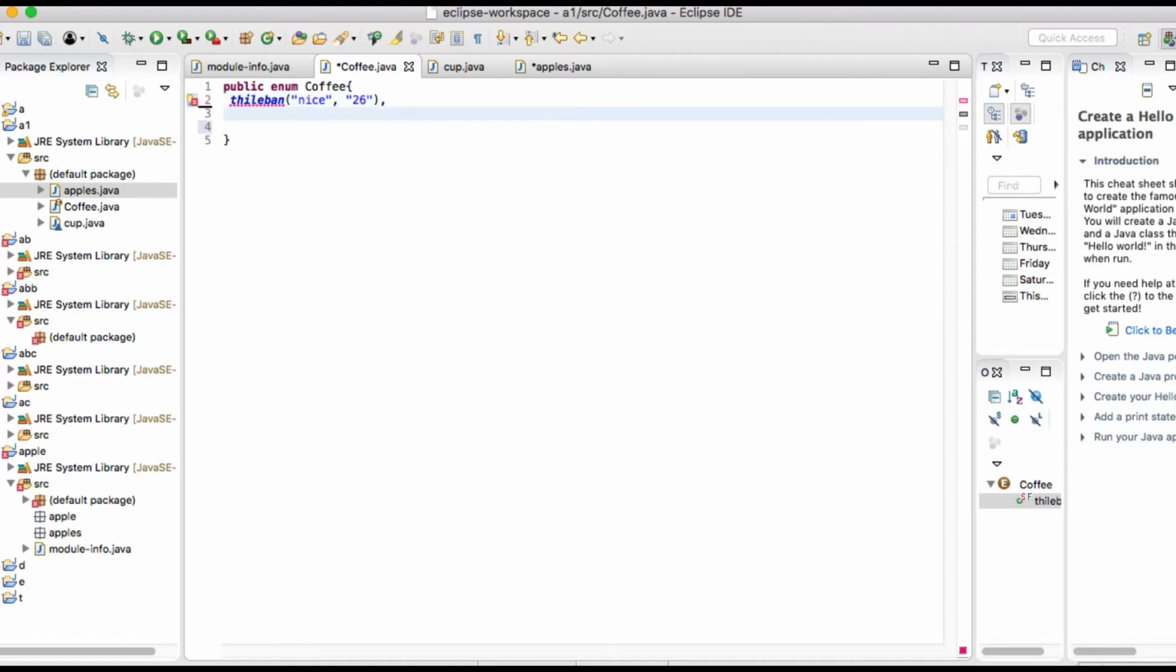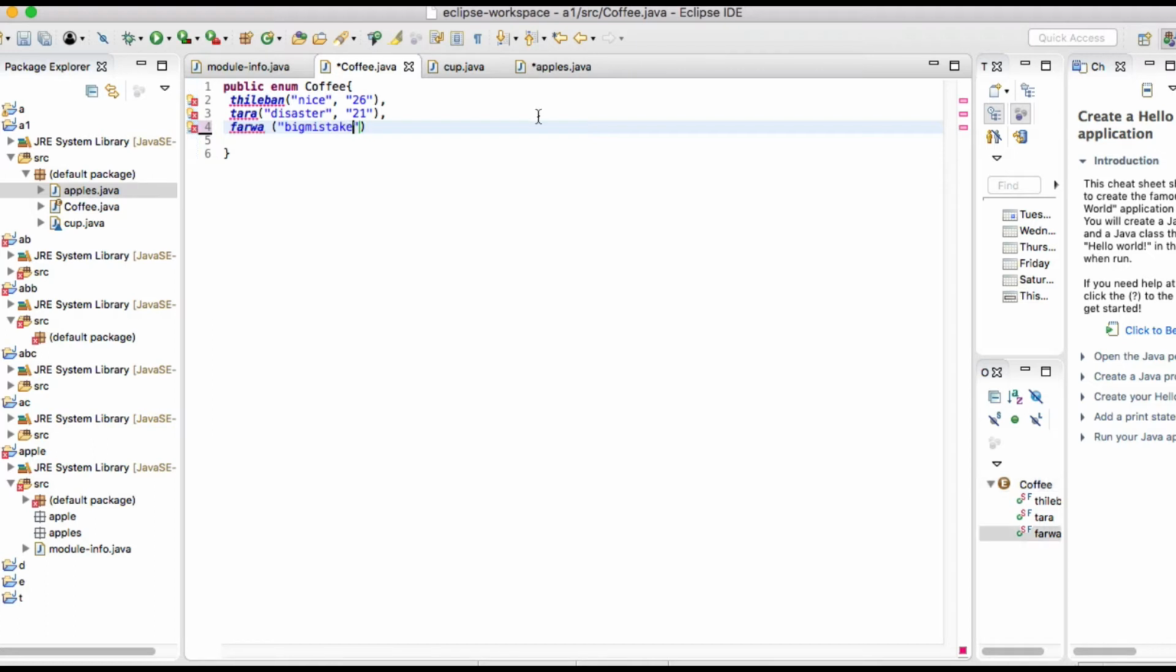And also my crushes, let's say Tara, then disaster, and the age is 21. And then another one, there's Farwa, that's big mistake, age is 19. Okay,